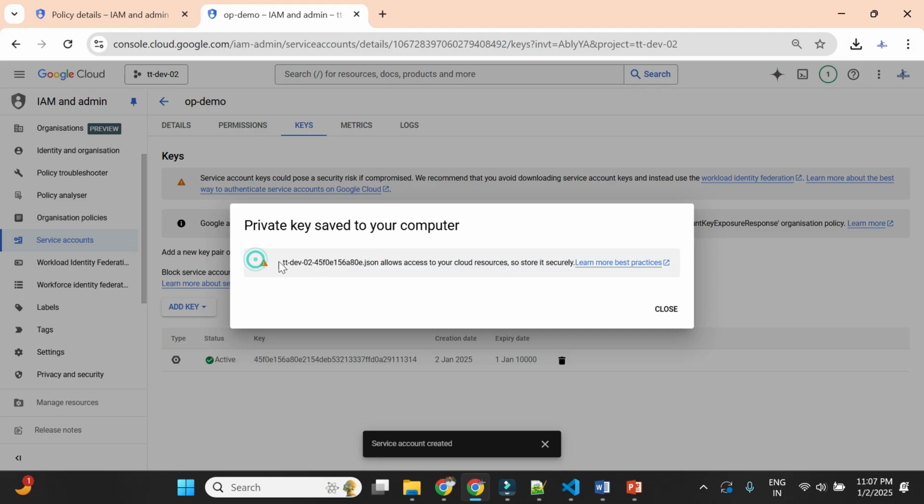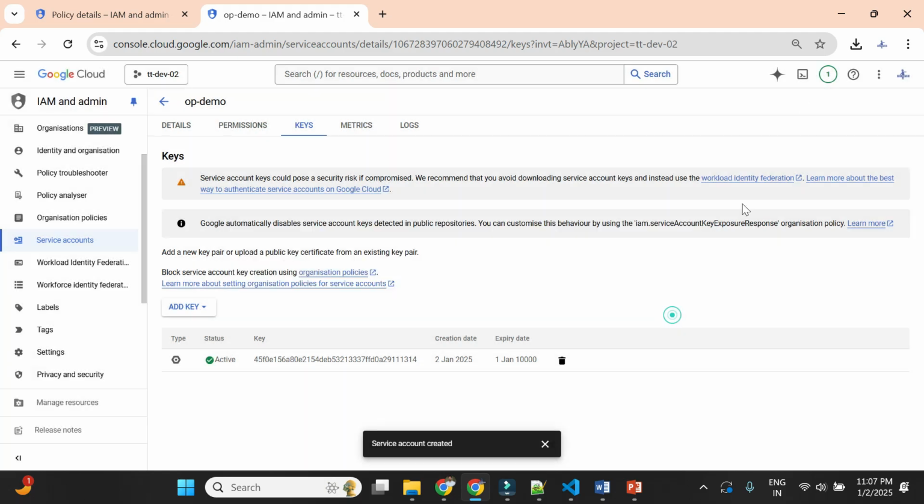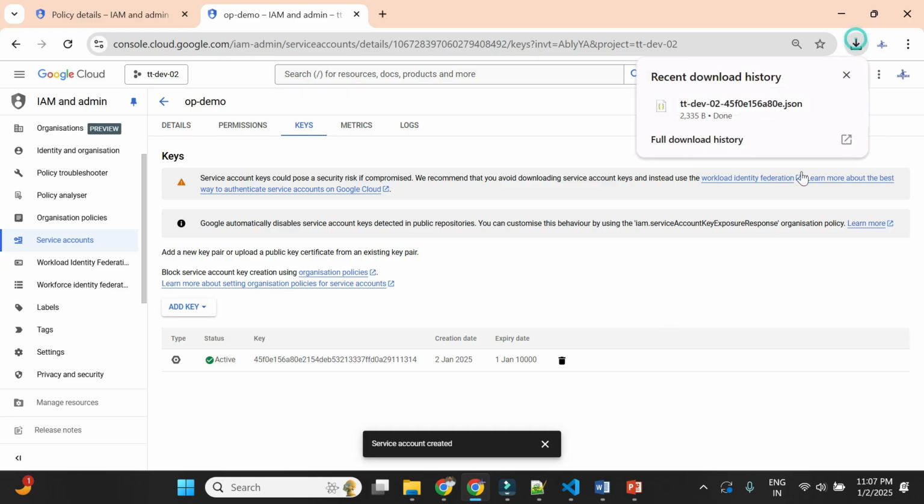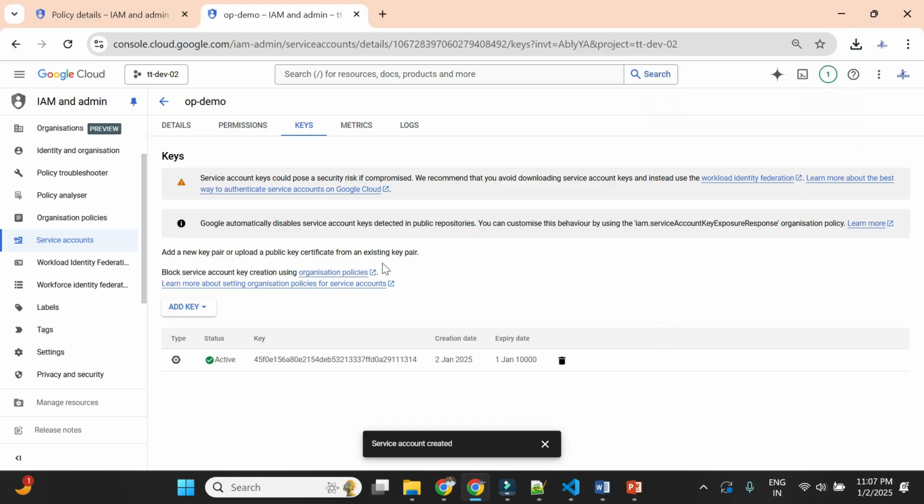So Google never recommends using downloaded keys, but they just provide you the option so that you can use this for authentication. Now the keys are downloaded. I don't have any organization policy, but I want my organization not to have this security risk, and no one should be able to download the